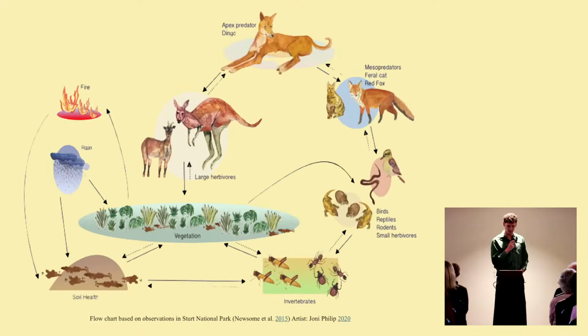So bringing that back to dingoes, here we have a classic sort of Australian food web with the different trophic levels. Dingoes are the apex predator, and they have the capacity to affect all levels of this food chain. So for example, by directly predating on, say, kangaroos or wallabies, the dingoes can indirectly benefit vegetation by reducing grazing pressure by the kangaroos and wallabies. And that's just one way via which a dingo or an apex predator can affect their ecosystem and have those sort of cascading ecosystem effects.